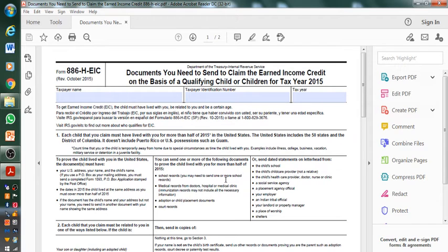A lot of times, IRS will ask you for proof of the qualifying child that you're claiming. They could audit you out of random, to be honest with you. Unfortunately, your name could be one of the names that they audit. Or they could see that the documents you provided are not enough proof to qualify for the child. Or situations, let's say, if you live in a household where your mom and dad are separated, unfortunately,